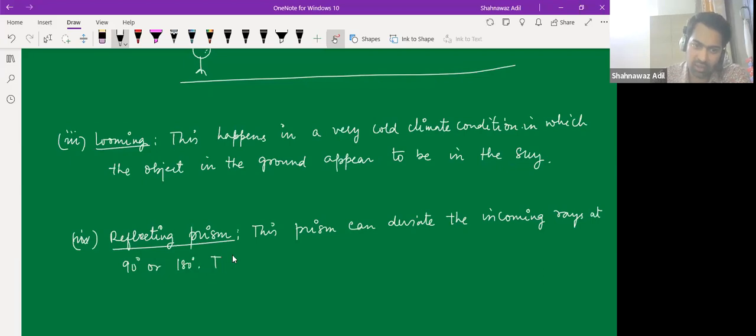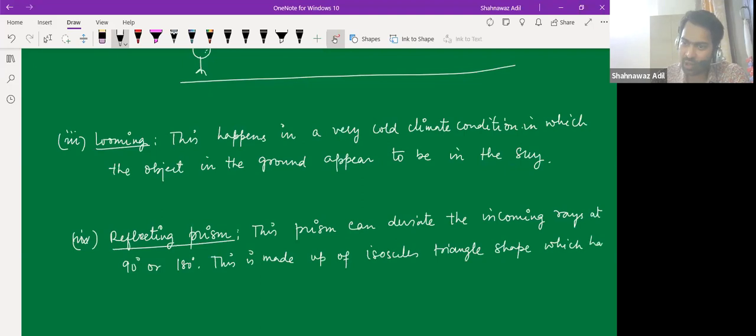So this is made up of an isosceles triangle kind of shape, right? So these are made in isosceles triangle shape, which have 45-degree equivalent angles,